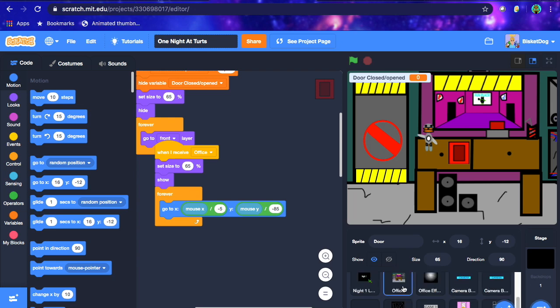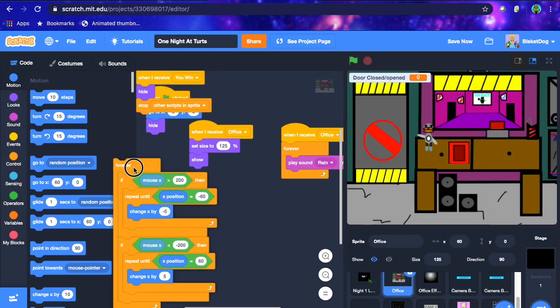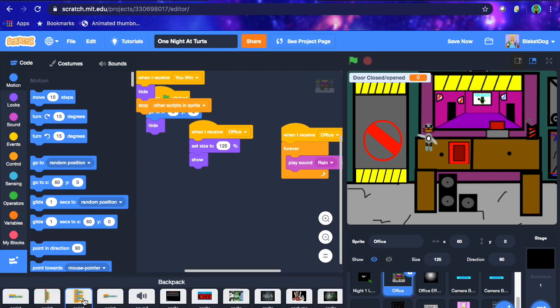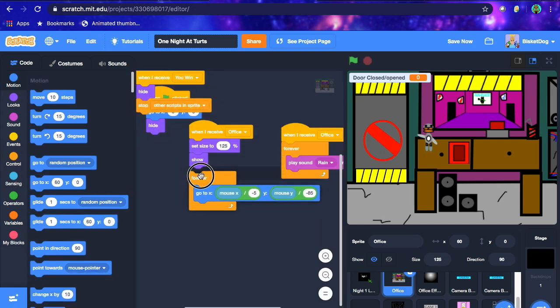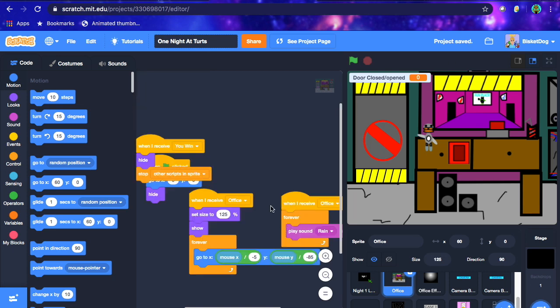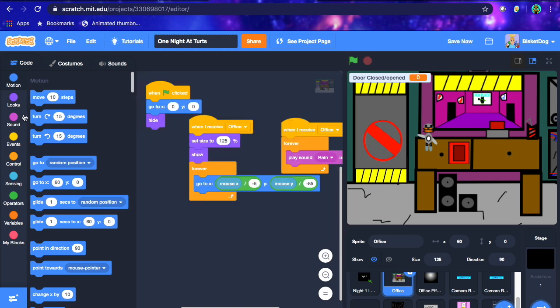And you should also do that to the office here too, so we can get rid of this code. Put it to the door, put it to the office, stuff like that. So now what we're going to do is we're just going to put it in here. We're going to put it there. Okay, and what you probably do want to do, just to make sure this works really well, is you probably